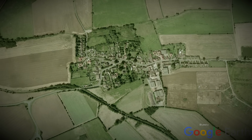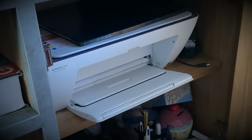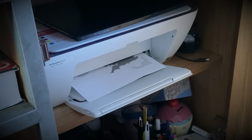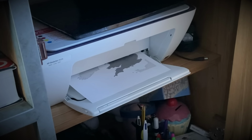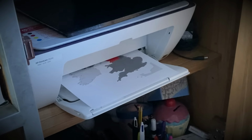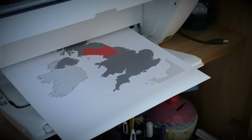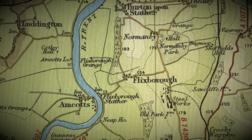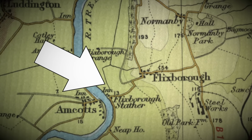Flixborough village is in North Lincolnshire, England, which is around here on a map. The sleepy village in 1938 will welcome a new neighbour, Nitrogen Fertilisers Limited. The company planned to use a 60-acre site for the production of ammonium nitrate, but just 26 years later, the